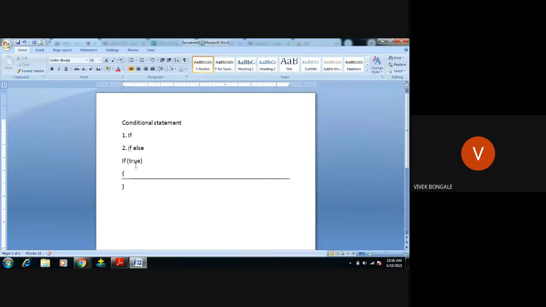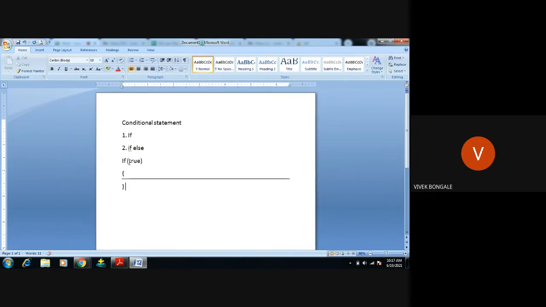If it is not satisfied, then this will not execute. The controller will skip this part if it is false. So in any conditional statement, first we initialize the value, then we give the condition. If the condition is satisfied, some increment or something will be executed. That's it, what if or if else is.